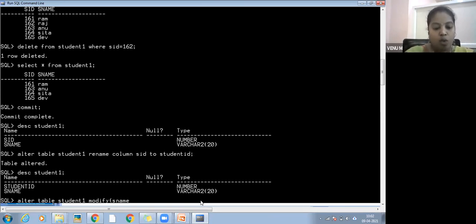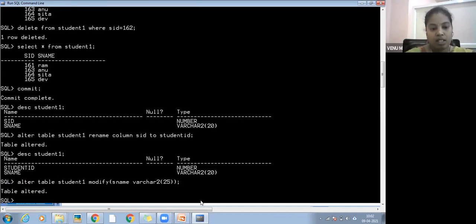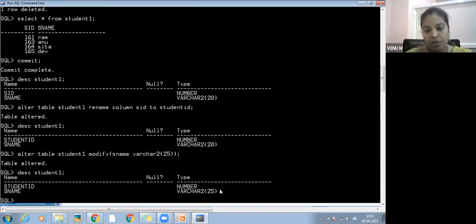Yes, name varchar2 of 25. Okay, so just see the output. Here you have to observe 25. The size can be modified and the column name can be changed by using alter rename and alter modify.